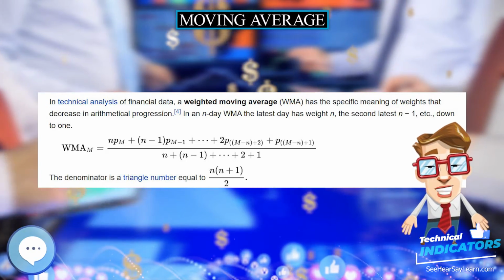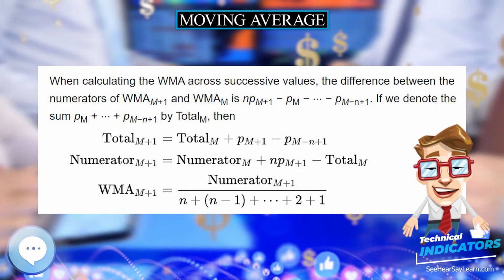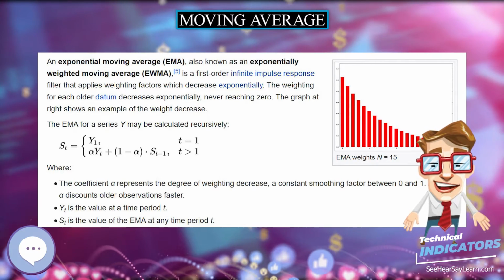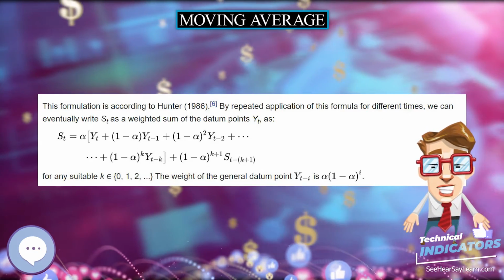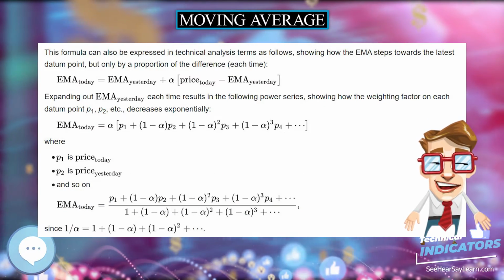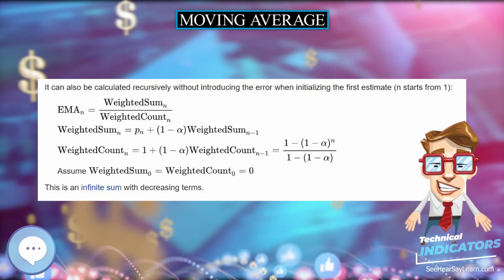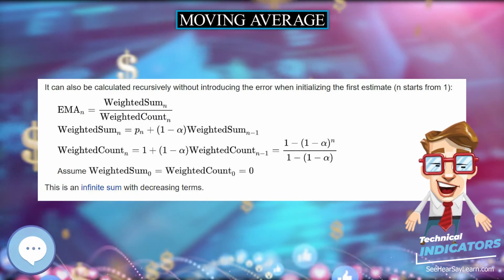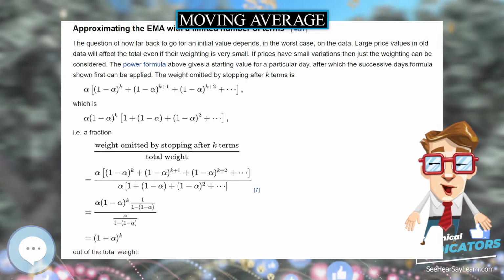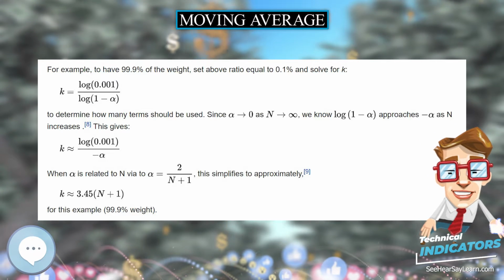A moving average is commonly used with time series data to smooth out short-term fluctuations and highlight longer-term trends or cycles. The threshold between short-term and long-term depends on the application, and the parameters of the moving average will be set accordingly. For example, it is often used in technical analysis of financial data, like stock prices, returns or trading volumes. It is also used in economics to examine gross domestic product, employment or other macroeconomic time series.